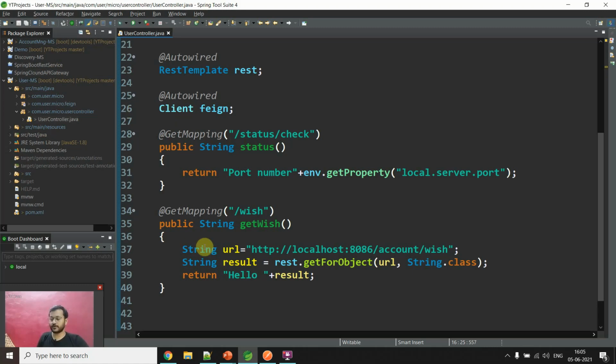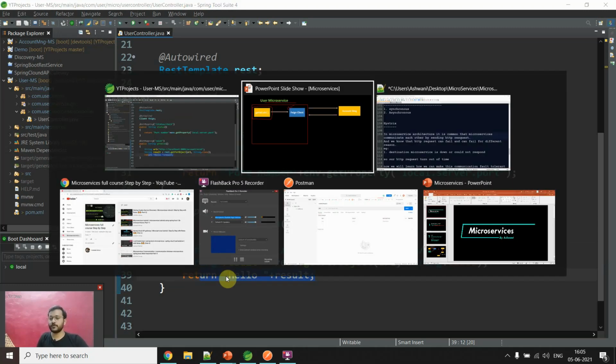This is the user microservice and we have this getWish method, right? And inside the getWish method we are using this RestTemplate object and making a call, and we are consuming the result which comes from this particular API or microservice. We take that in result and we print it with hello. Got it? So come back